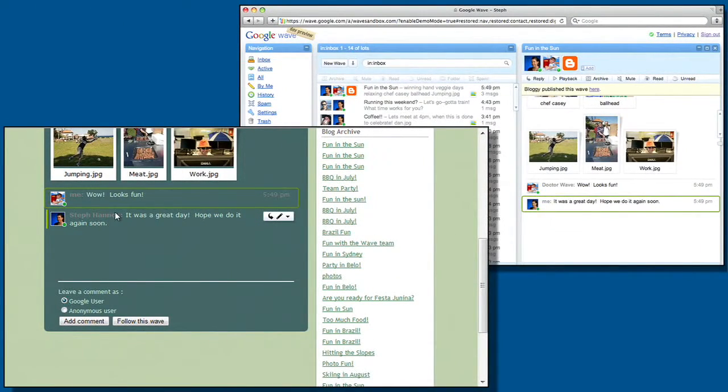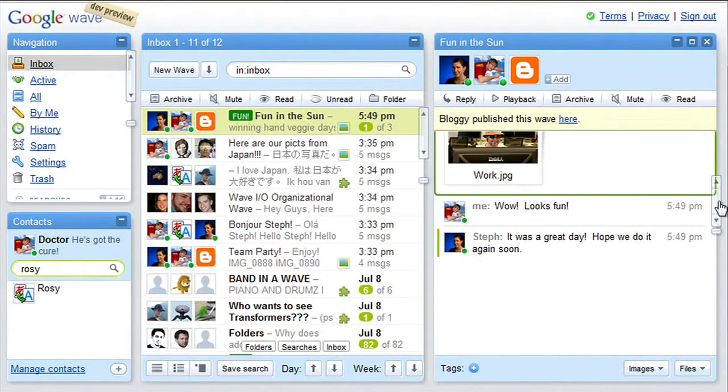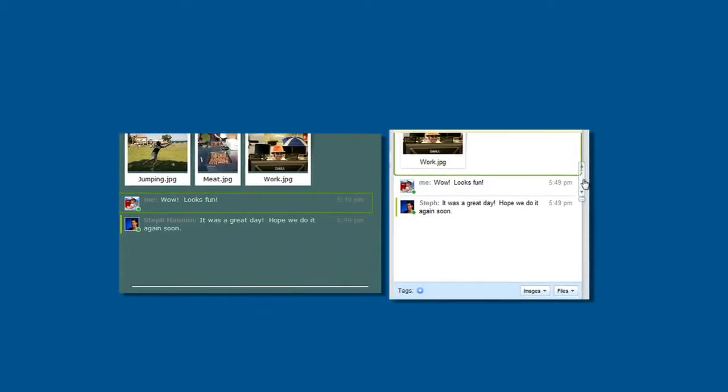Since I contributed to the blog, the Wave will also show up in my Wave client, and we can continue the conversation from there. Embedding Waves is good for developers because it allows them to drop a rich collaborative UI into websites with very little code. It's great for users because it allows them to have a consistent UI as well as aggregate conversations they care about all in one place.